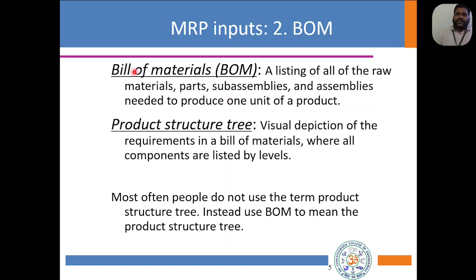In MRP, the bill of materials is a listing of all the different raw materials, parts, sub-assemblies, and assemblies needed to produce one unit of a product. That is known as the bill of materials. Also, there is another phase called the product tree structure, a visual depiction of the requirements in a bill of materials, where all the components are listed by level, each different level. But mostly we would have heard about the bill of materials at all phases, because this is a commonly used practice in current industry. So BOM is one of the common terms which we need to know at industrial level,